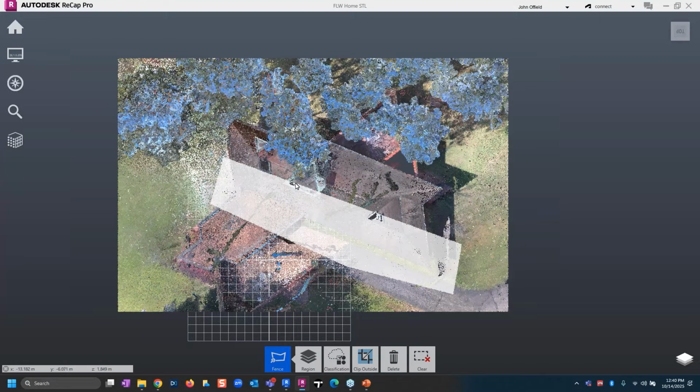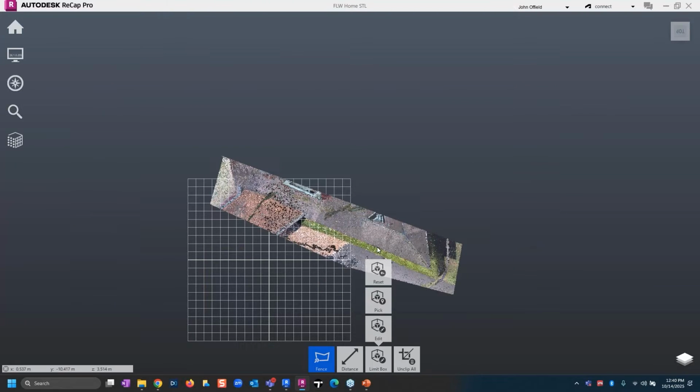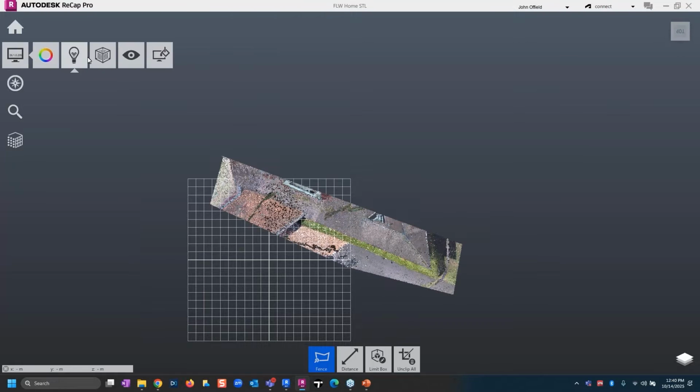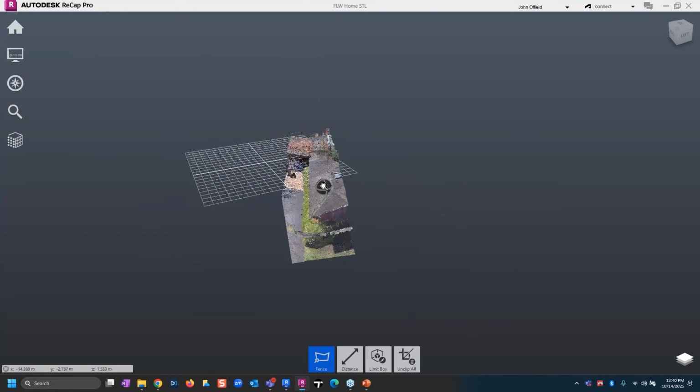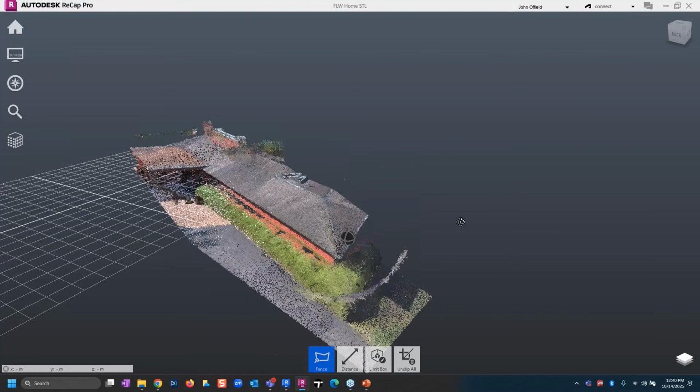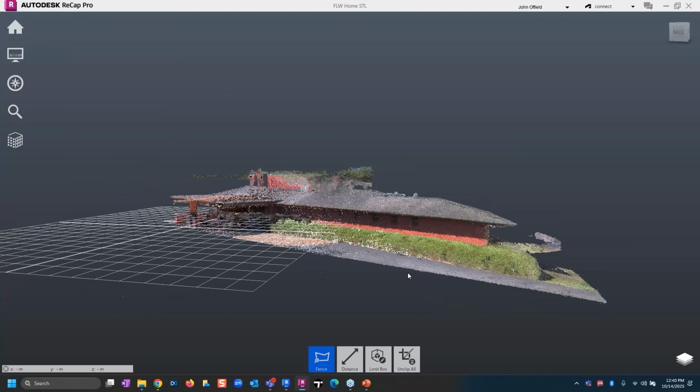You'll see this opaque area, and that is the part that is going to be cropped. So now if I clip outside, notice that is available for that. Turn this perspective back on, and here we go. Now, we still haven't meshed, but we have a particular portion of this project that we want to use